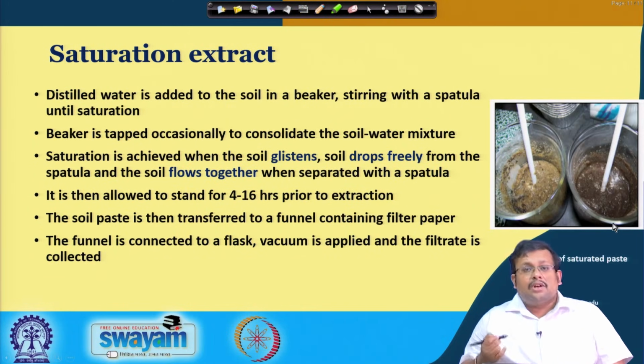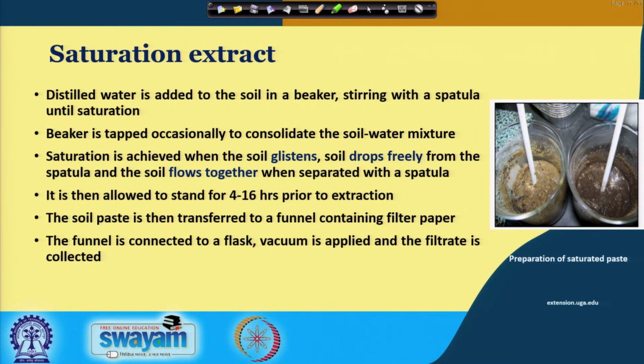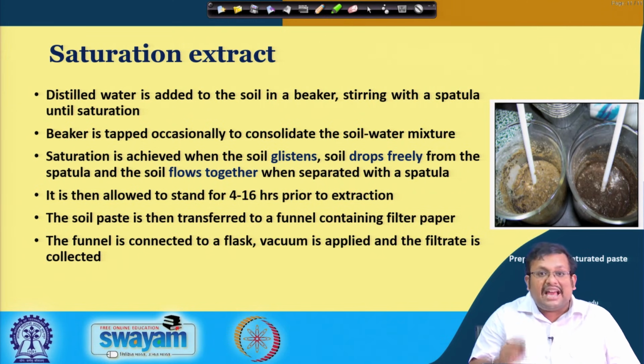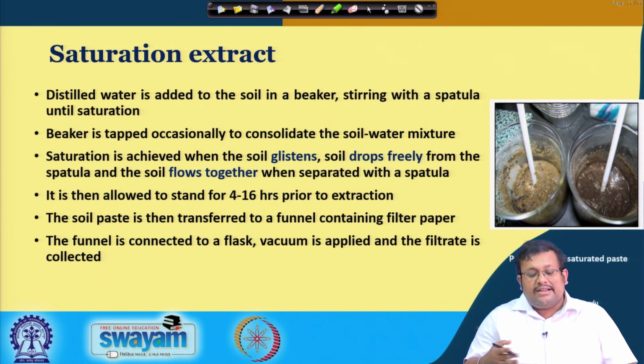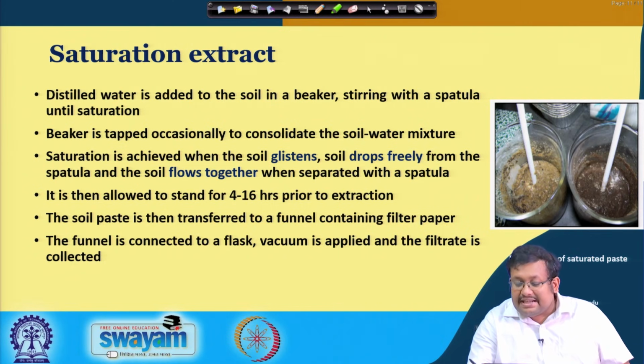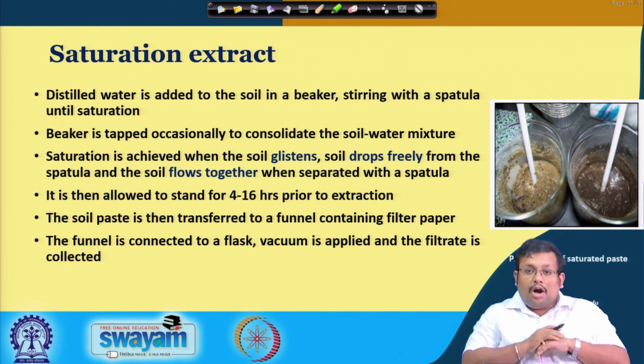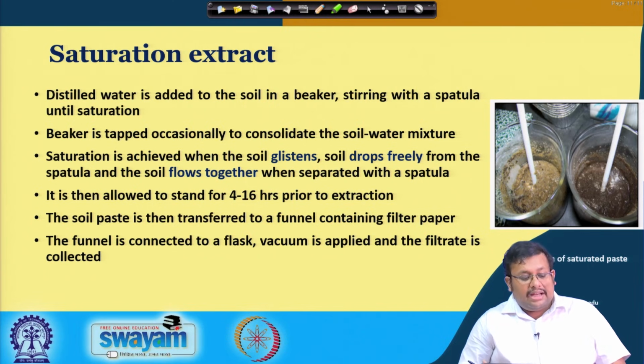Now, the third one is called the saturation extract. Distilled water is added to the soil in a beaker and stirred with a spatula, as you can see here, and the beaker is tapped occasionally to consolidate the soil water mixture, and saturation is achieved when the soil glistens. As you can see in this picture, the soil is glistening. So, you can see that the soil is saturated, that means all the pore spaces are filled by water,